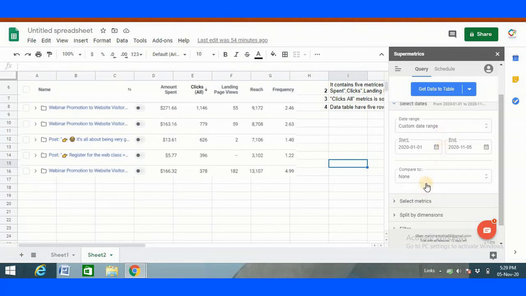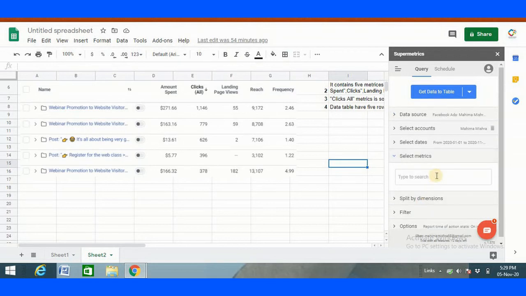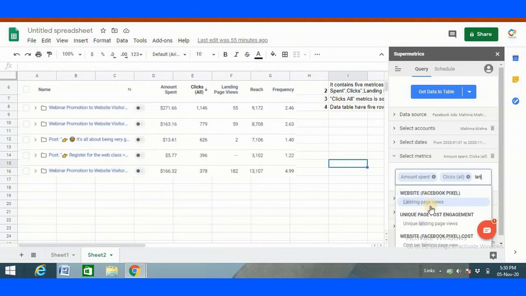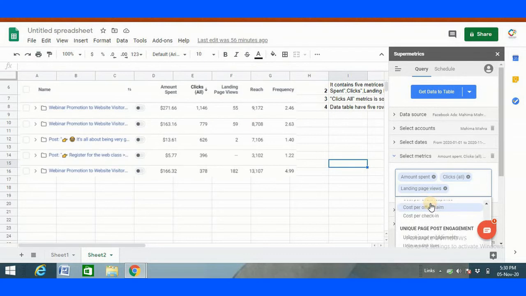Now click on metrics and add metrics. So I am choosing name, clicks, then landing, then reach, then frequency.